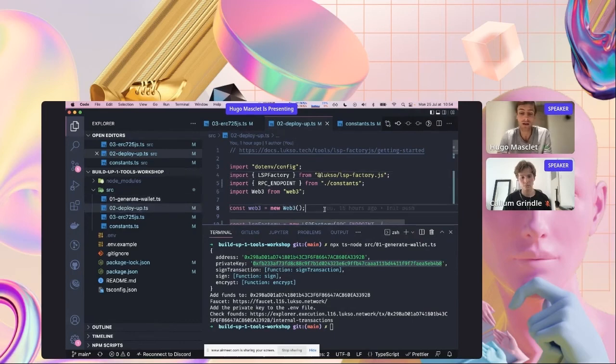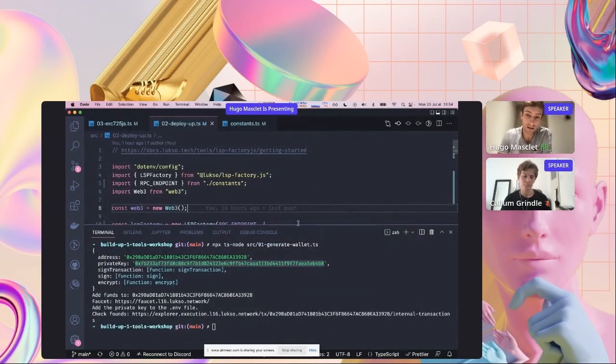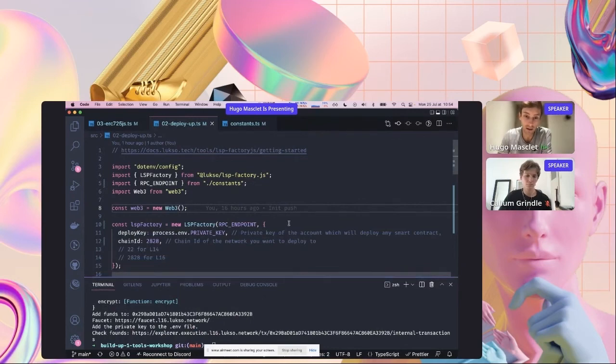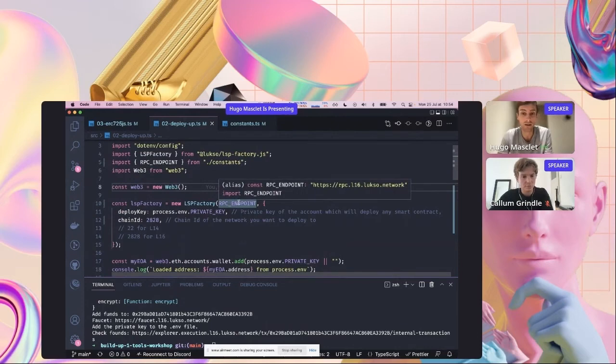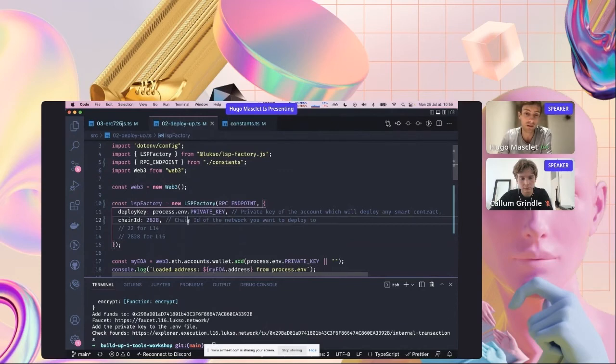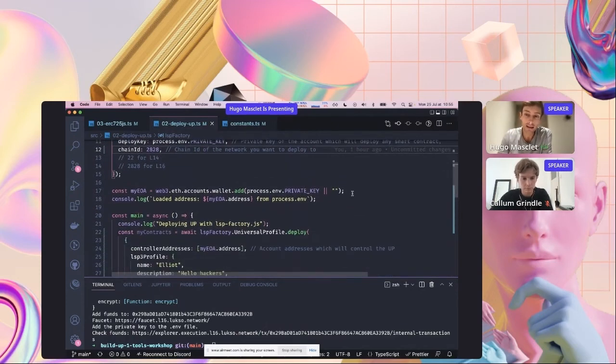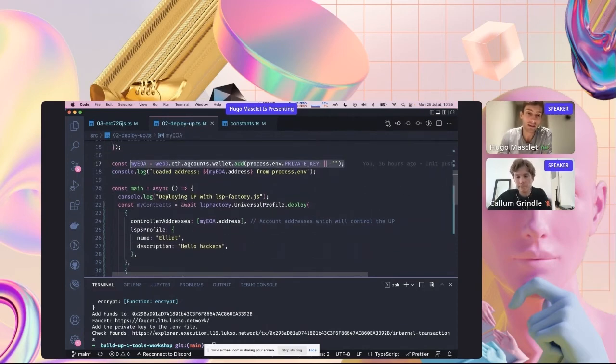So now deploying a UP. This is a cool part. Here we will be using LSP Factory. As Callum described, and as you can see in the docs, we just set it up. We need to have an RPC endpoint. Here we're using the LUKSO L16. We are using our private key here, loaded from the process.env, and then we add that key in the Web3 account, so we can